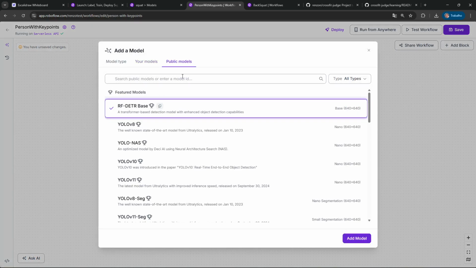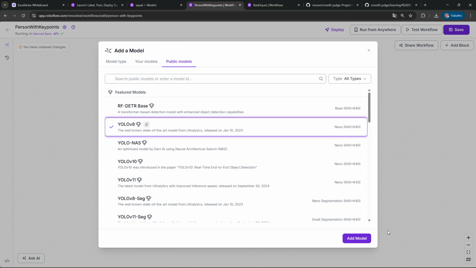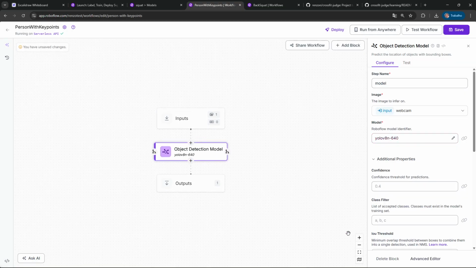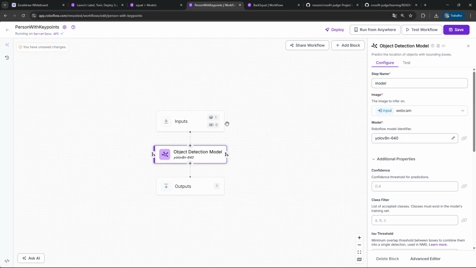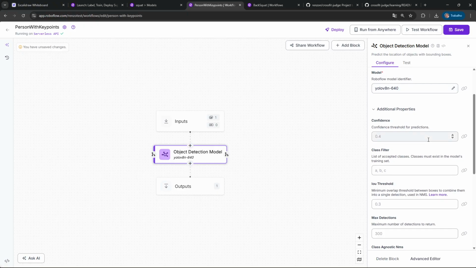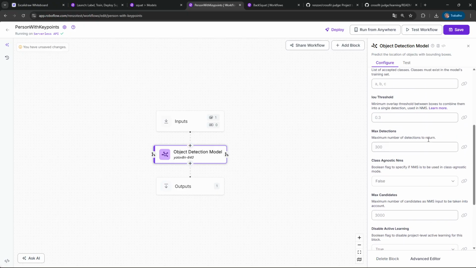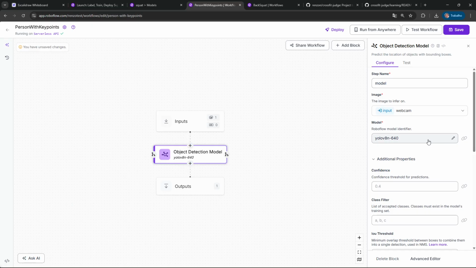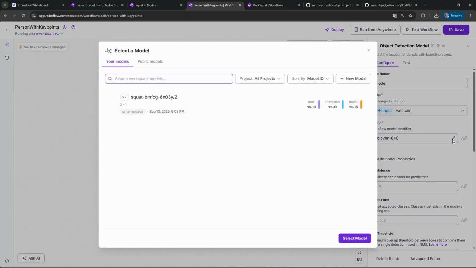In the public models, I'm going to use this one. YOLO stands for You Only Look Once, and it's good for object detection. So I'm going to start. I started with this one, and in here I have some parameters, and one of them is that I can change the data model for the one that I have just shown you, the squat.